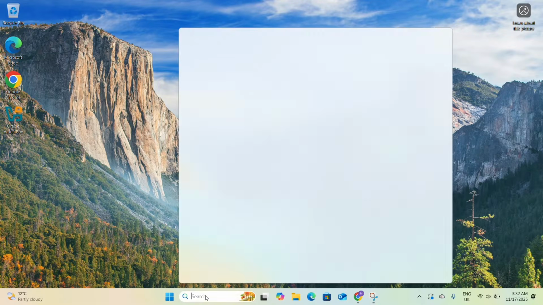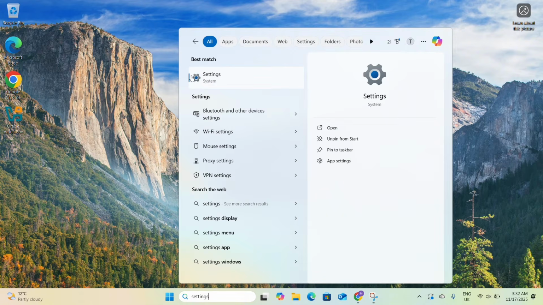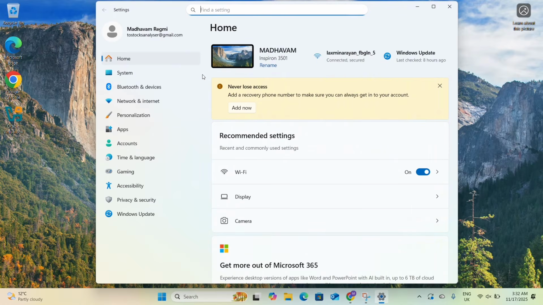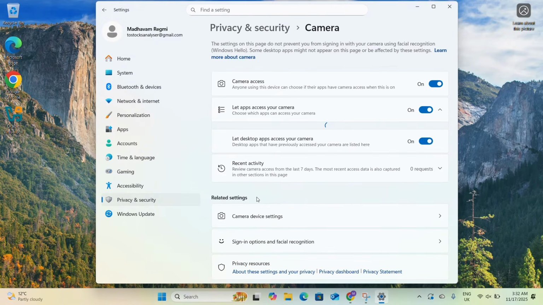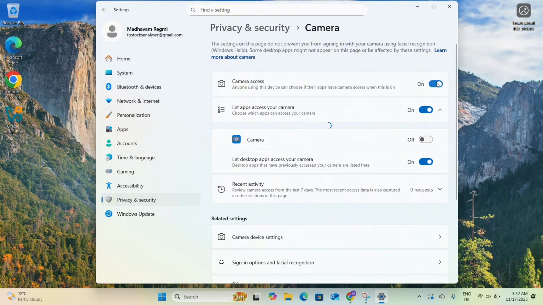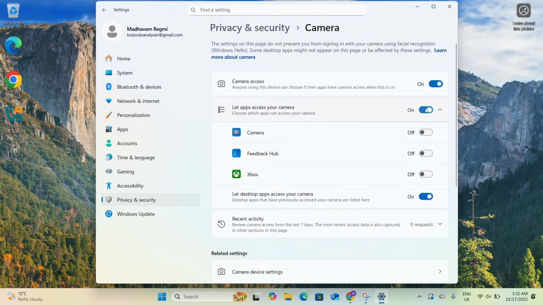First, go to the search bar and type settings. Just open it by clicking on it. From the left menu, click on privacy and security. Scroll all the way down till you find camera. Click on it and make sure the camera access here is turned on, and make sure let apps access your